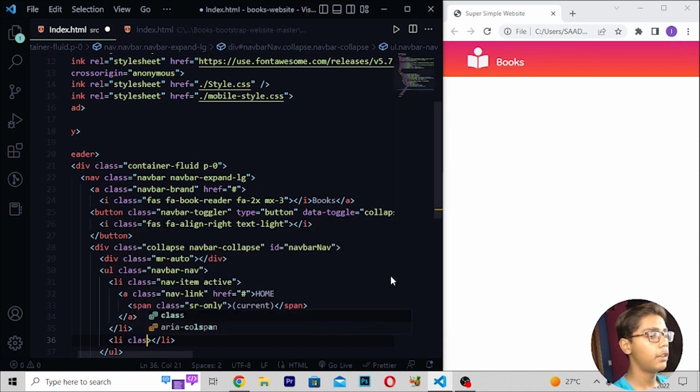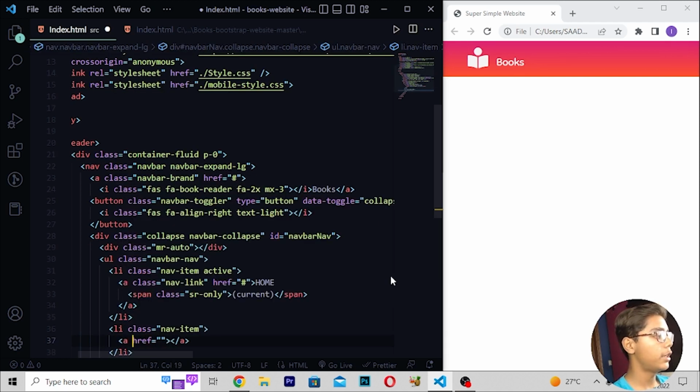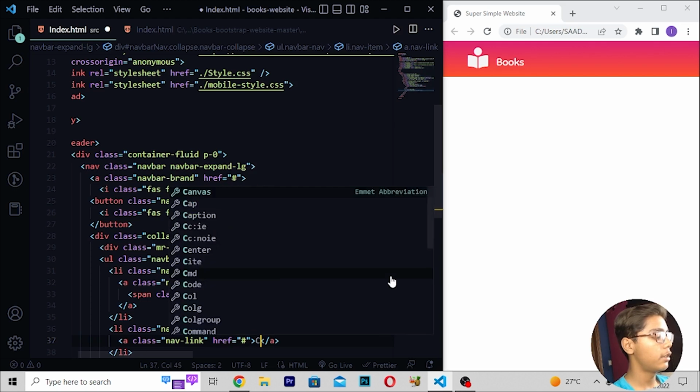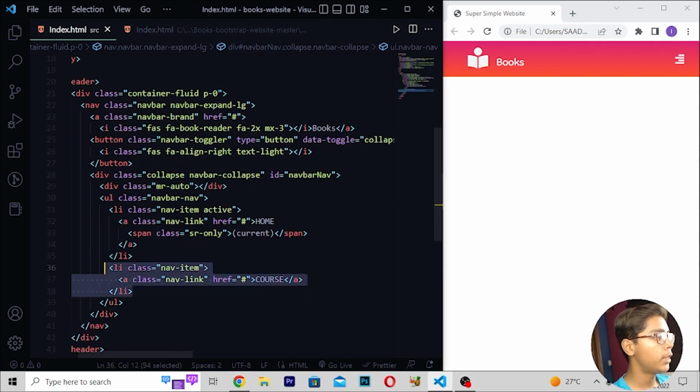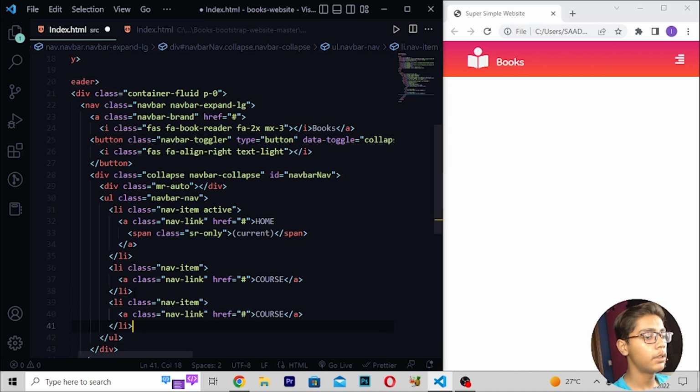Here I will be now moving down. Right here li class nav-item. Then I'll be moving down. Right here a tag. Then right here class equals nav-link. Then I will be now writing this hashtag. Right here Codes. Then you have to just save this, reload, and you can see we are getting all this. Now when you are getting this, here I will be copying this, then you have to paste this, and then you have to just do one thing. Here I will be now moving right here Price.